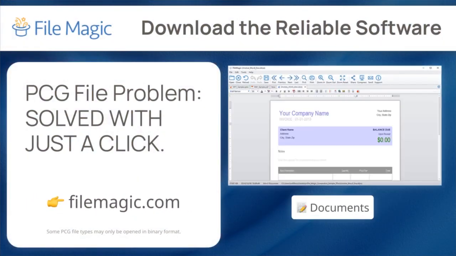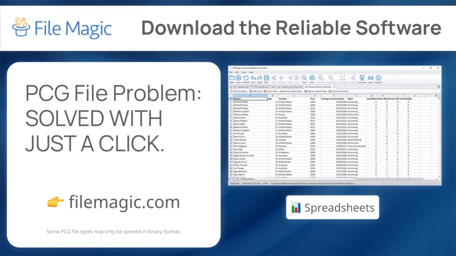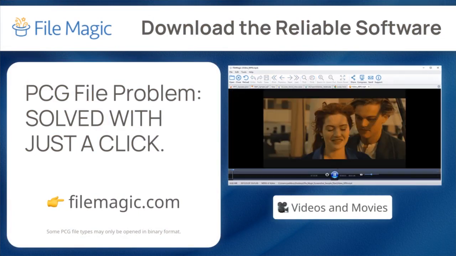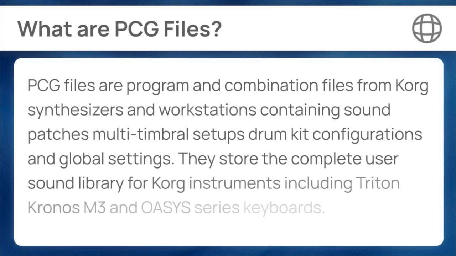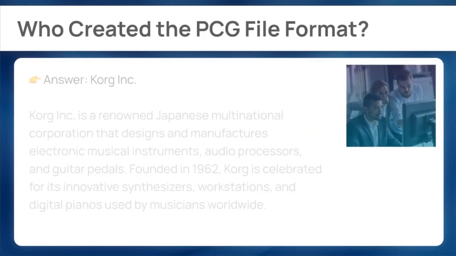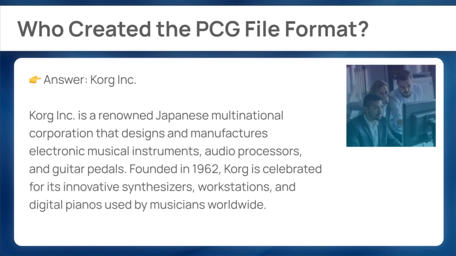This involves the correct application of a single premium PCG file inspection utility designed for broad spectrum file support. PCG files are program and combination files from Korg synthesizers and workstations containing sound patches, multi-timbral setups, drum kit configurations, and global settings. They store the complete user sound library for Korg instruments, including Triton, Kronos, M3, and OASYS series